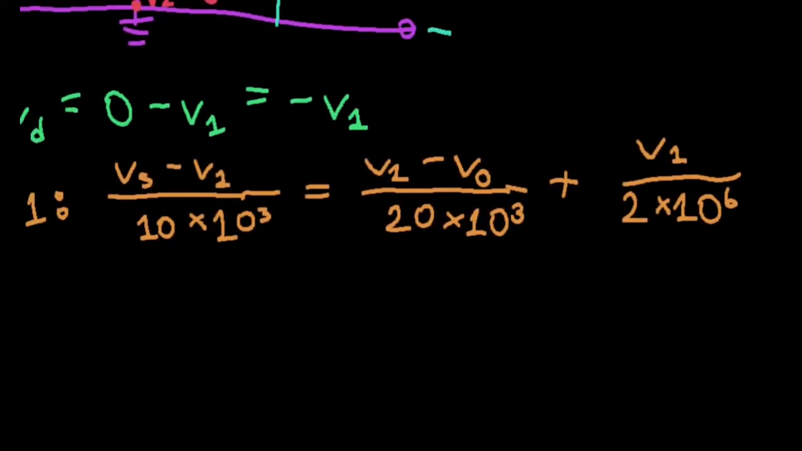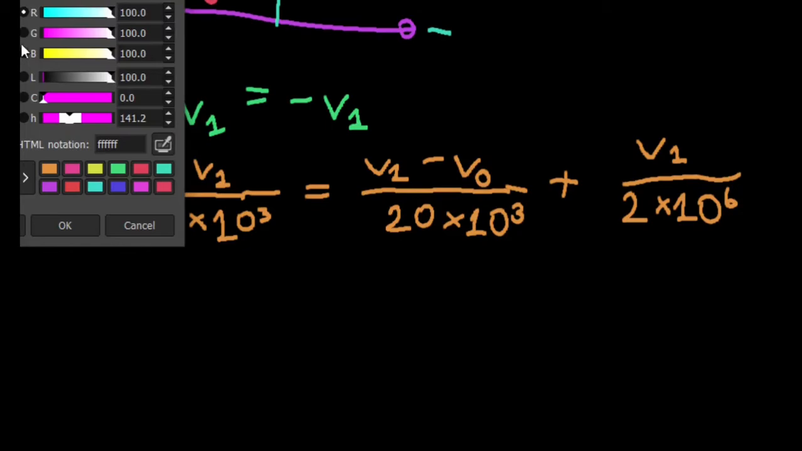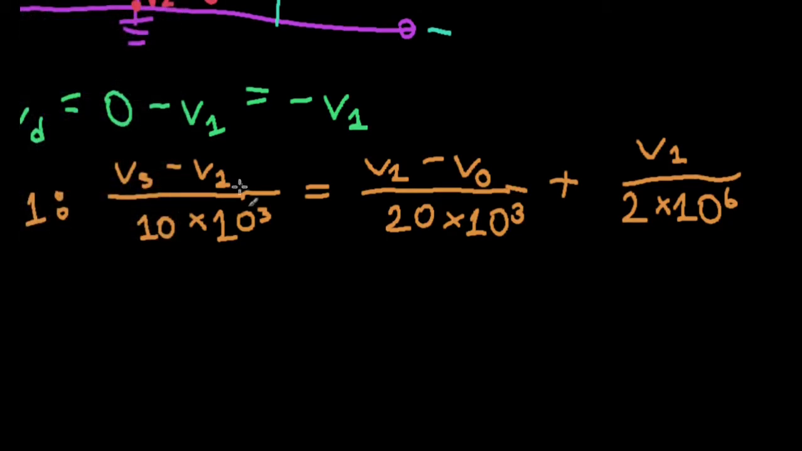I think it would be good if we multiply both sides by 2 times 10 to the 6, right? If we do this, this is at least a common multiple to all the denominators. If we do that, we would be simplifying this. So if you multiply both sides by 2 times 10 to the 6, so this is, let's see,